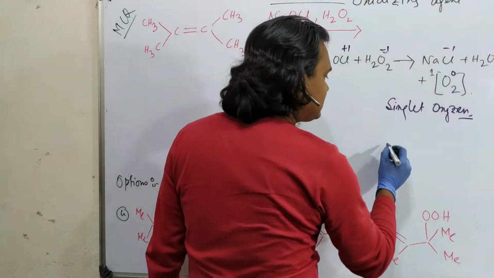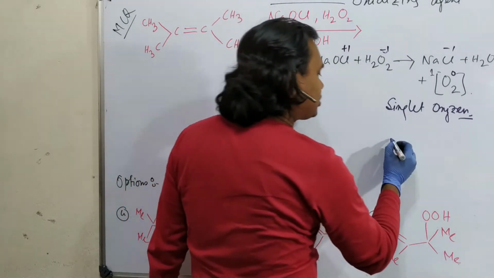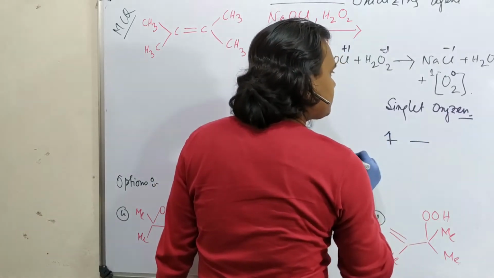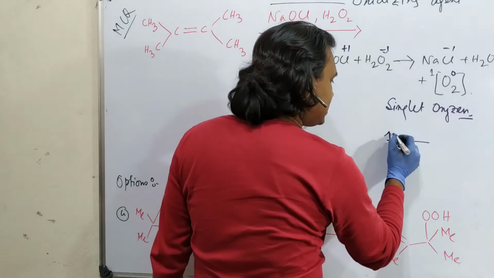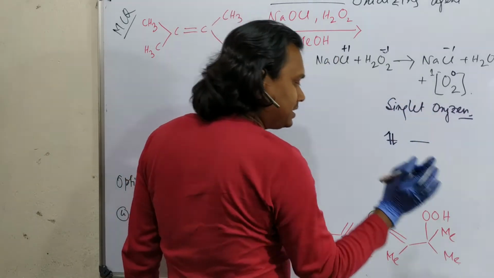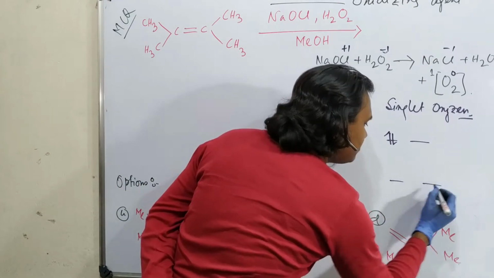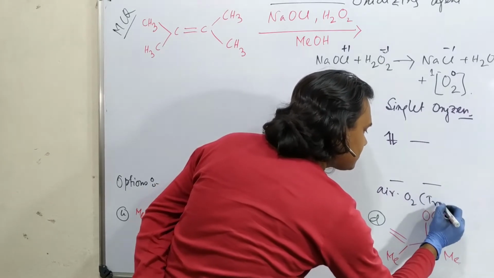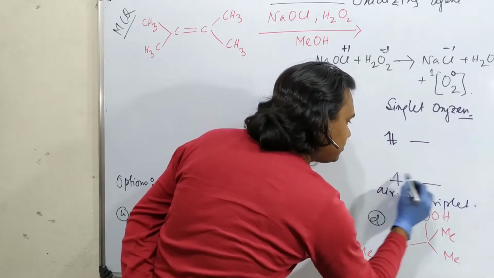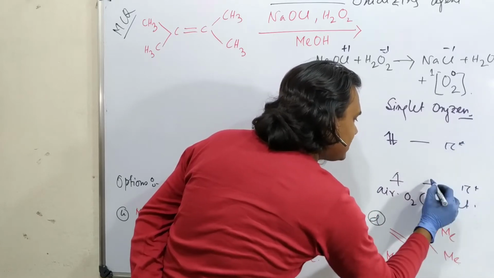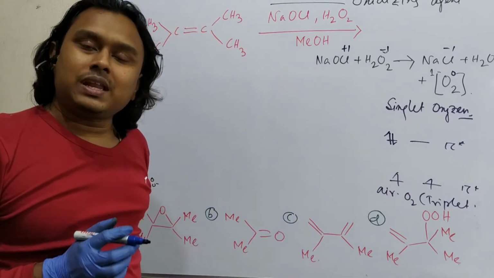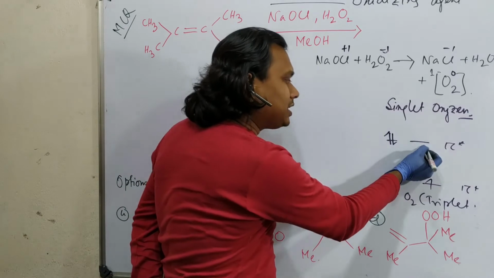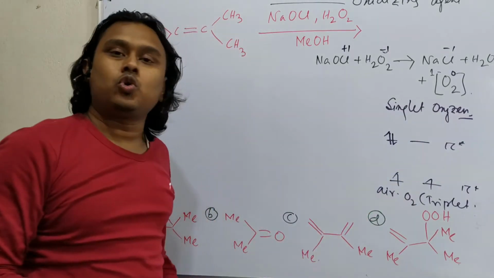So singlet oxygen means the last two electrons in the molecular orbital of the oxygen molecule, O2, go to the pi 2p antibonding orbital, and in singlet oxygen they are paired. But what is triplet oxygen? Aerial oxygen is triplet. These pi star orbitals are of equal energy, and an arrangement where each orbital is occupied by a single electron is more favored compared to one orbital being vacant and another completely occupied with opposite spin.